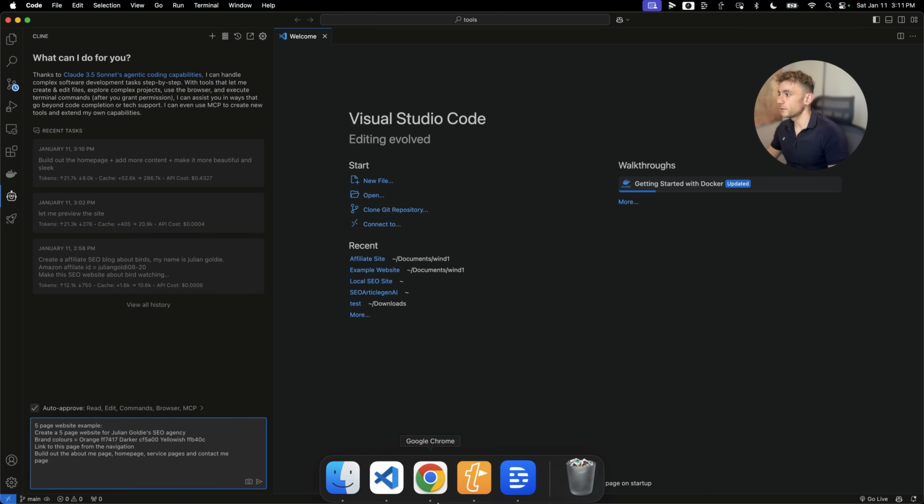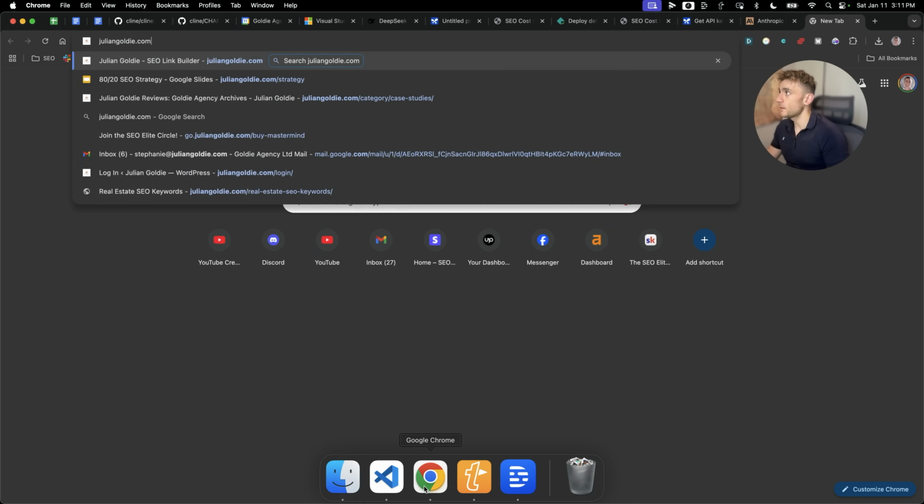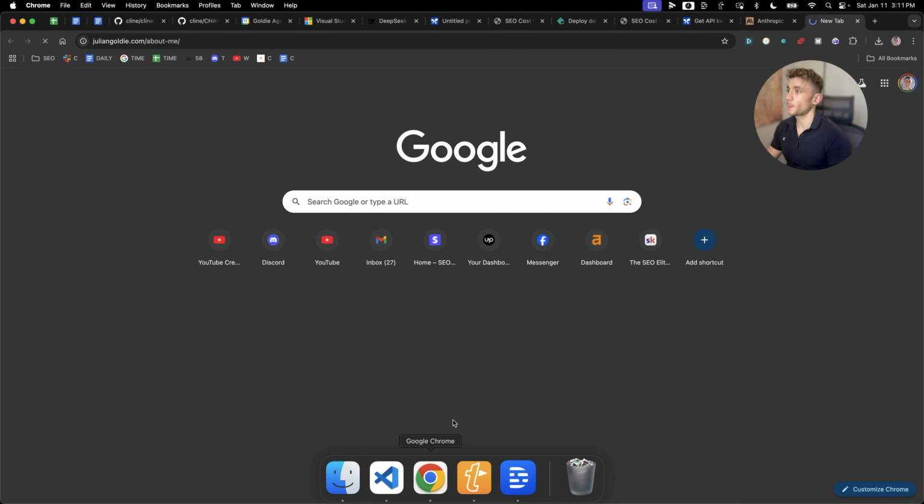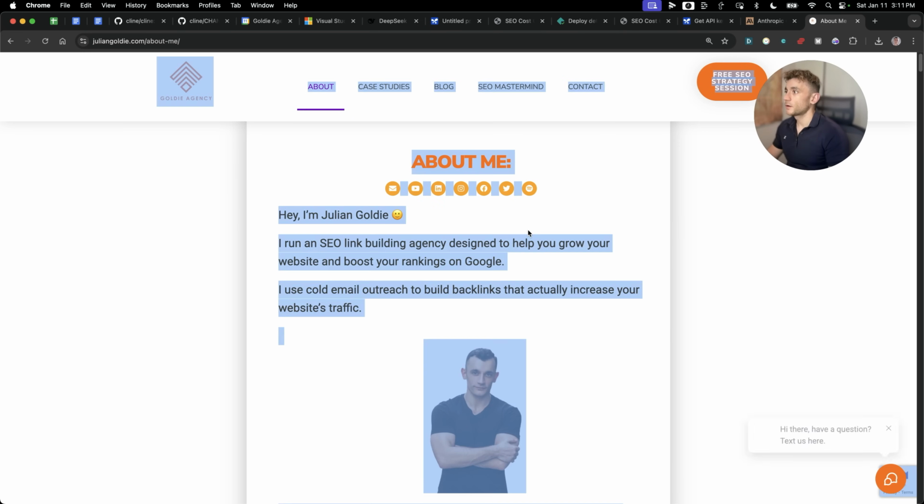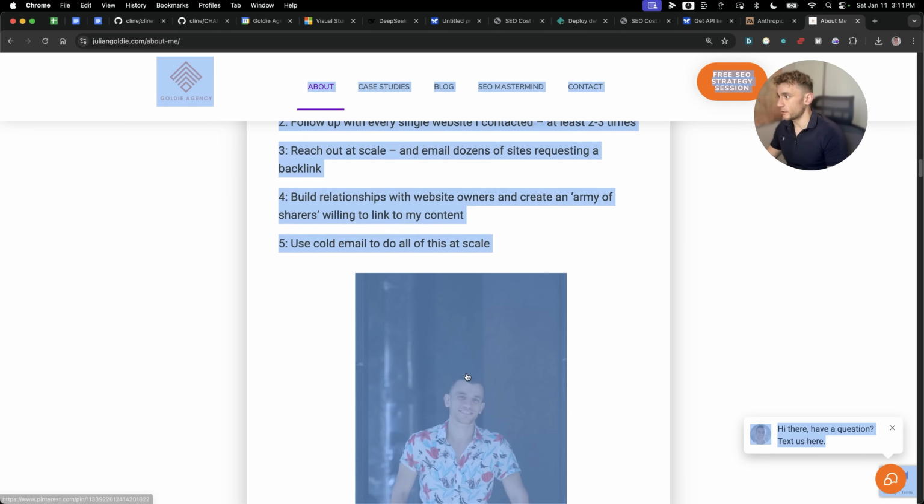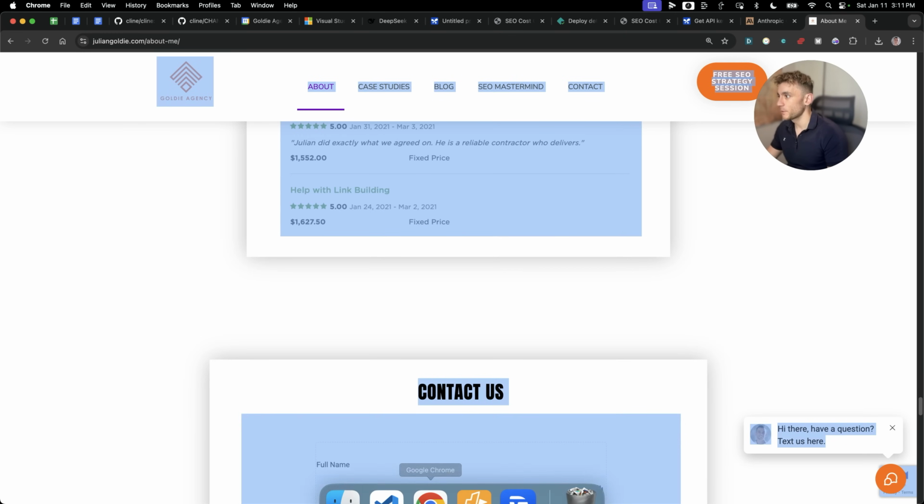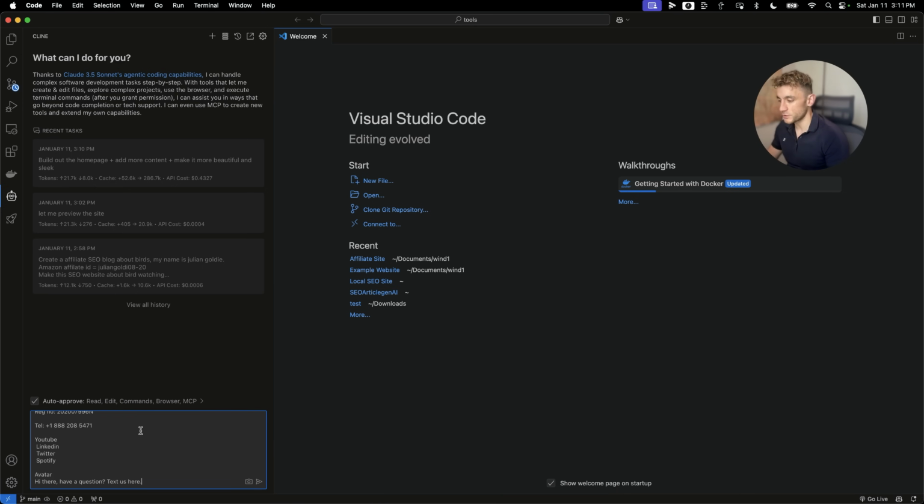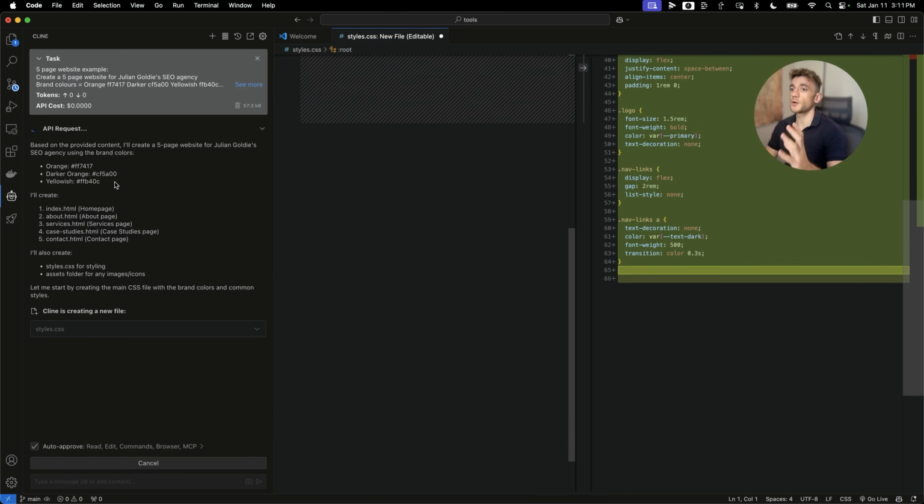And then what I'm also going to do here is grab the About Me page from my website and use that to teach Claude exactly who I am, what I sell, etc. So we're going to take all this information from here, and you can use this to personalize whatever project you create inside Cline. Then we're going to hit enter, and that should create something that's much more personalized and unique